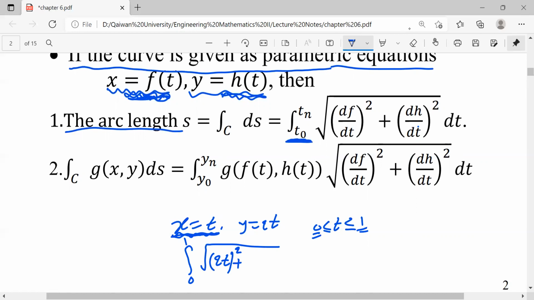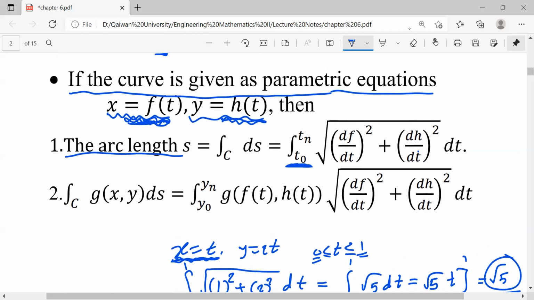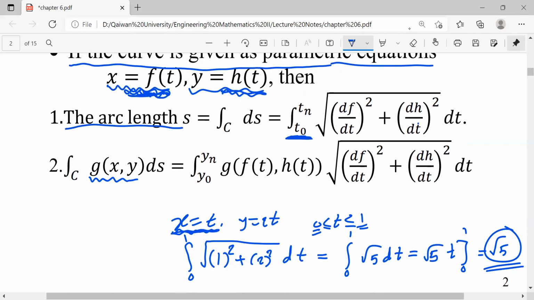Sorry, let's say x is t. If it's t, then x prime is 1, squared, plus y to be 2t, its derivative is 2, dt. This equals the integration from 0 to 1 of the square root of 1 squared plus 2 squared, which is the square root of 5, dt. And this equals square root of 5 t from 0 to 1, which equals square root of 5. This is the arc length from 0 to 1 if the parametric equations are t and 2t. And if we are given a function g of xy,